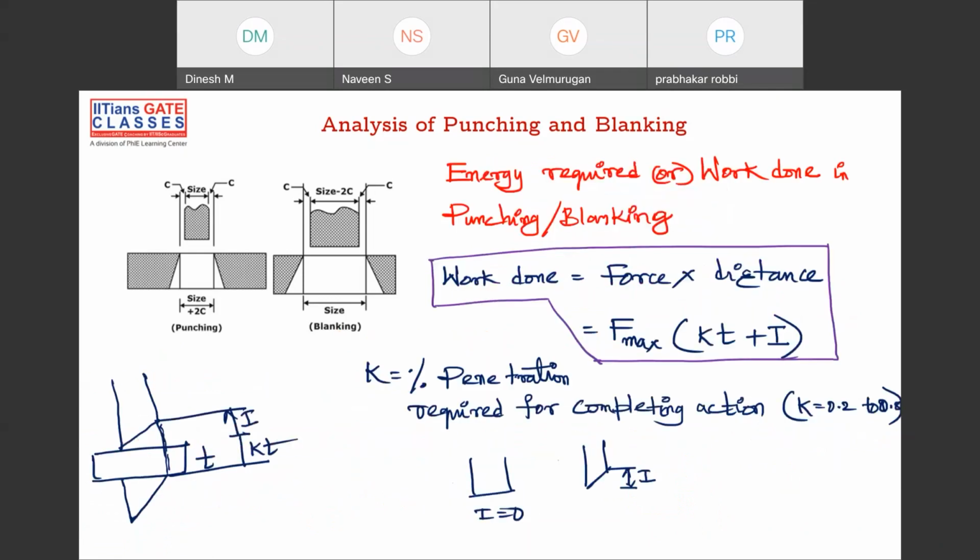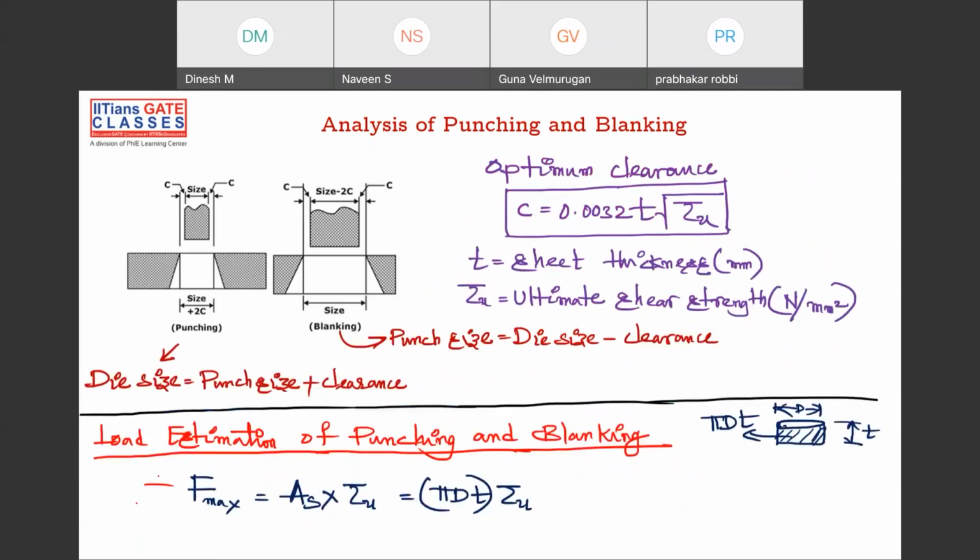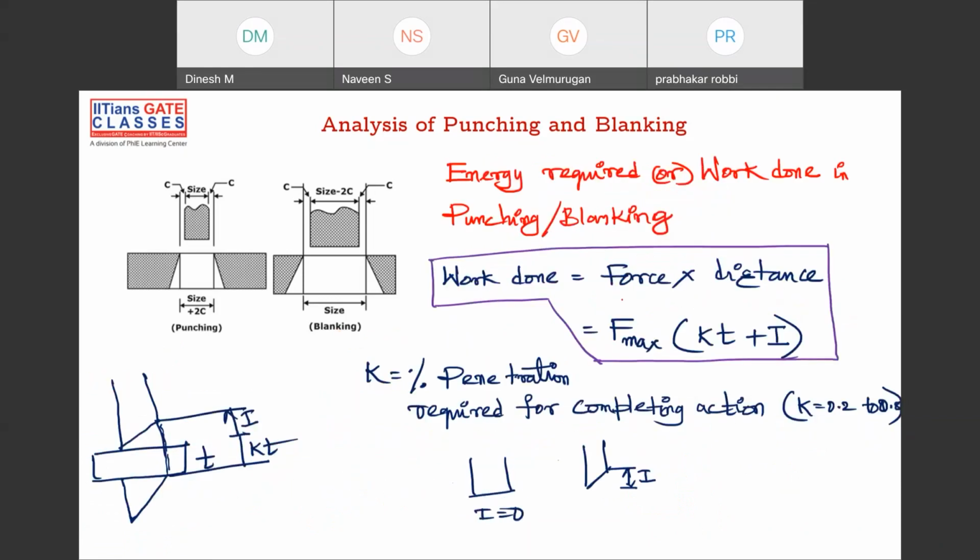Okay. Next. What is work done? Work done is nothing but, already you have calculated force here. Now you are trying to calculate force into distance. And what is the distance that you are trying to travel? It's very important. Initially, it is like this, and this has to go. I told you already, it has to go like this, and it has to like this. So how much is the distance it has traveled? Let's say if you are taking this as your reference, the distance it has to travel from here to here. This is the starting point. This is the end point. So what is the distance between these two? Initially, it has to travel